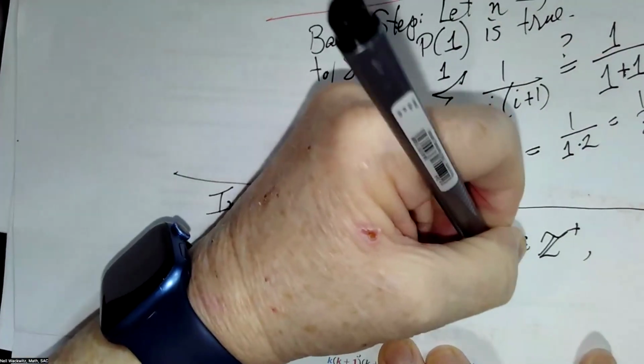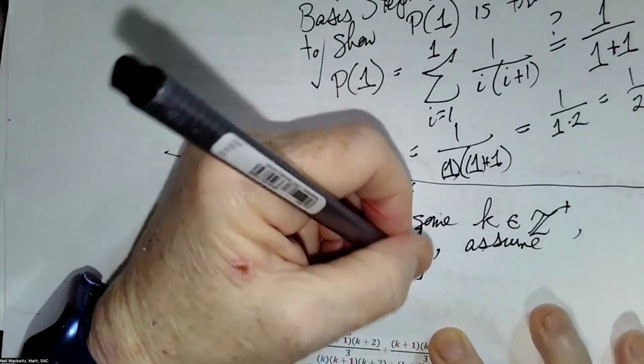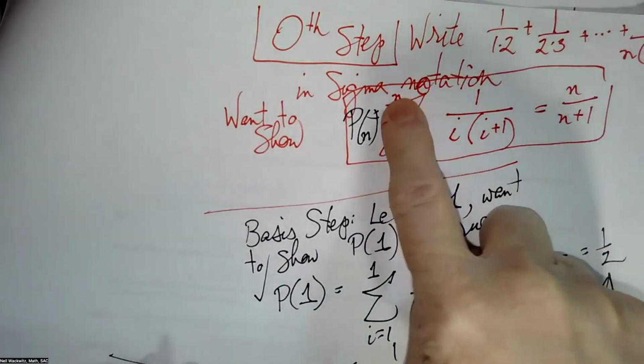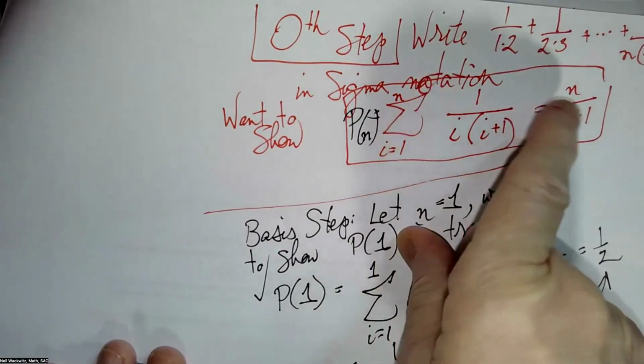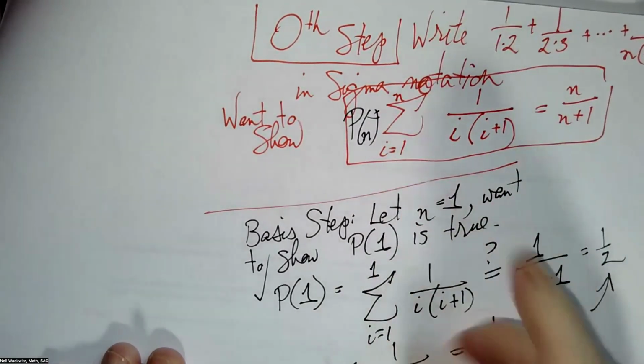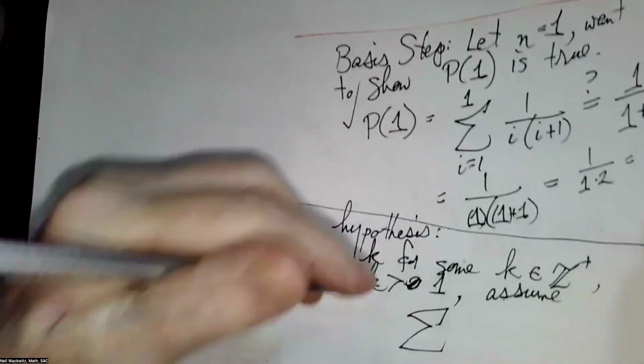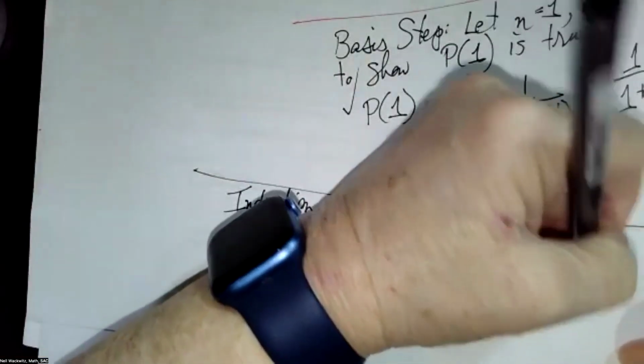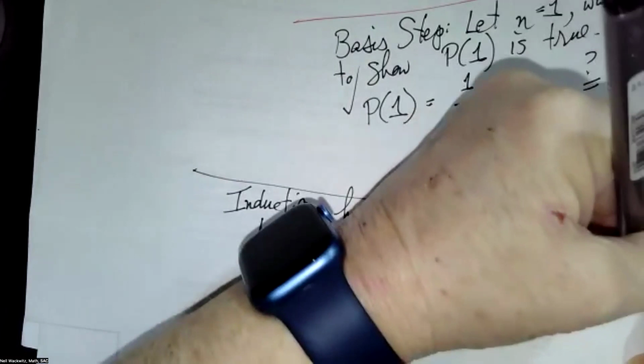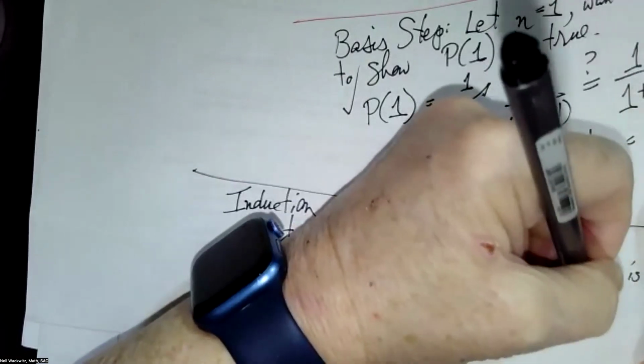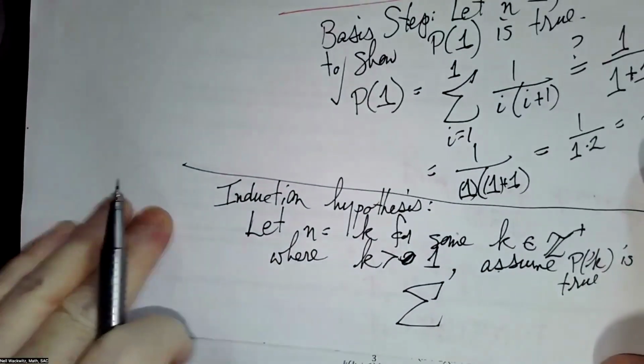And we're going to assume that if we take our rule and change all of the n's to k's, we're sure that P of k is true, and P of k,